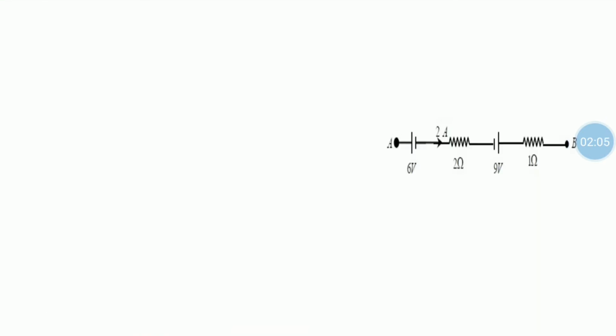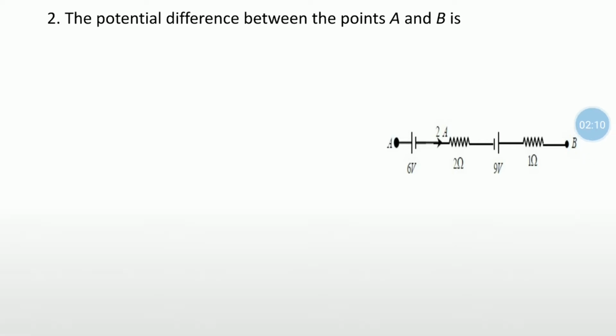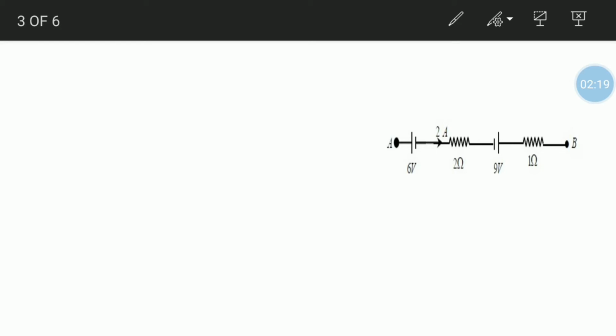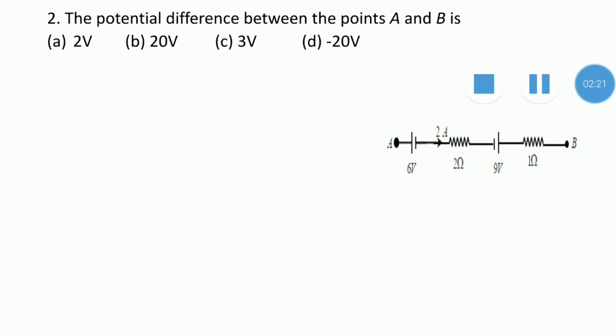Next, we have the second question. The potential difference between the points A and B is: A, 2 volts; B, 20 volts; C, 3 volts; D, minus 20 volts. Clearly we can make out options B and D are incorrect because when you apply Kirchhoff's law to the given